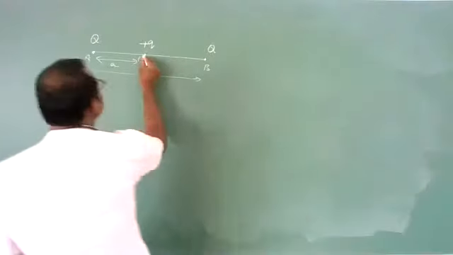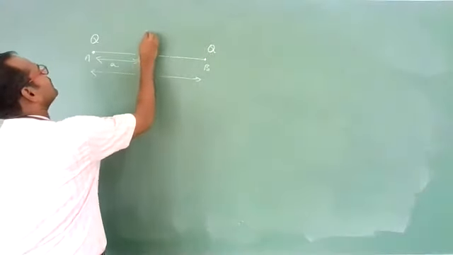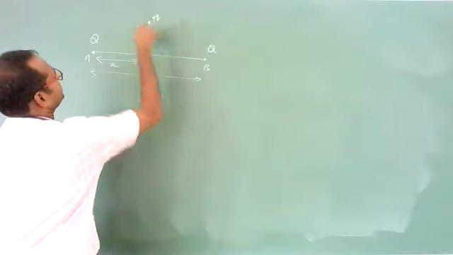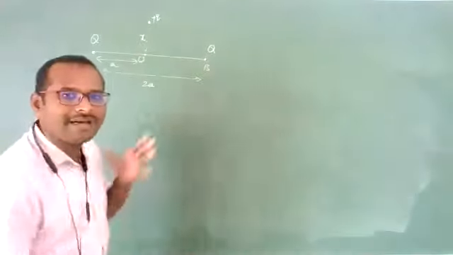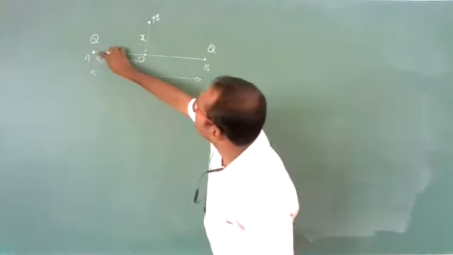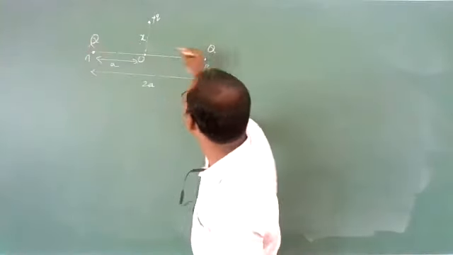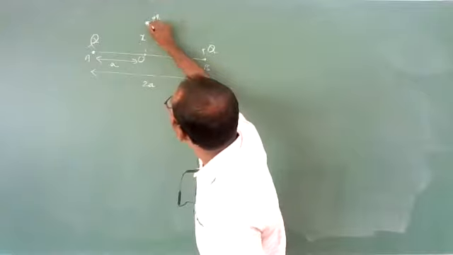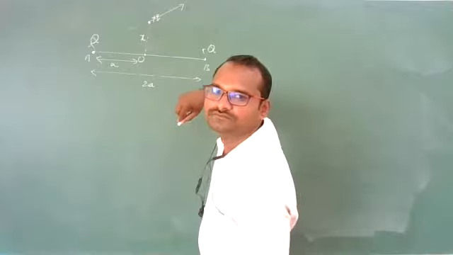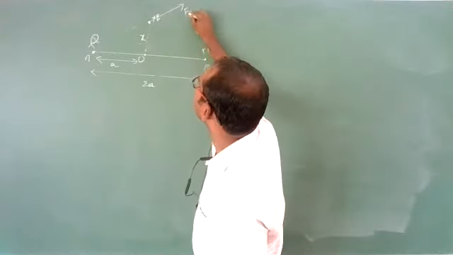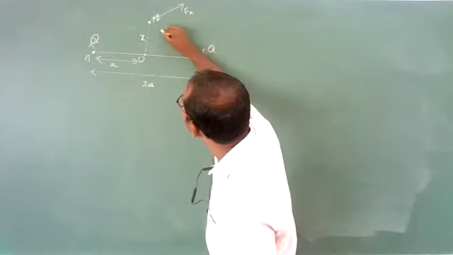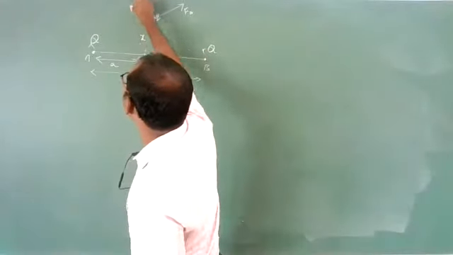Now, you displace it along the perpendicular to the line joining these two charges. If you displace the charge by this much, by distance x, what happens? Will it come back to the same point O? Let us check. Due to this Q, both are positive. The force will be there on this, in which direction? Repulsive force in this direction. This is force due to charge at A, and due to this Q at B, the repulsive force will be there on this, that will be in this direction. That is FB.